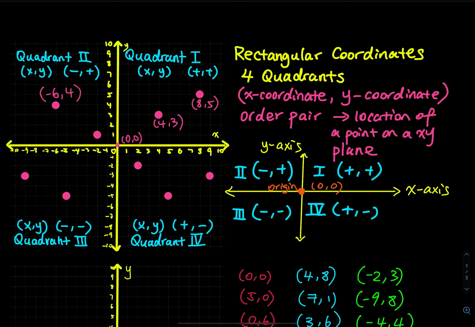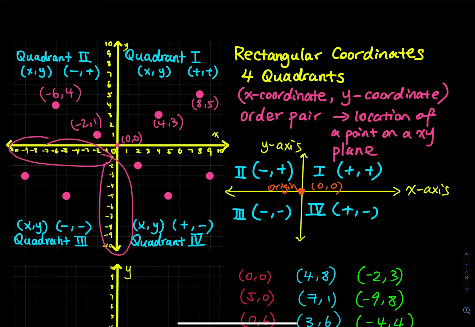Y is equals to 4. And then this point is x equals to negative 2, y is equals to 1. X always goes first. X comma y. There is no y comma x. X first, y second. And then at the third quadrant, do you see that this time both x and y